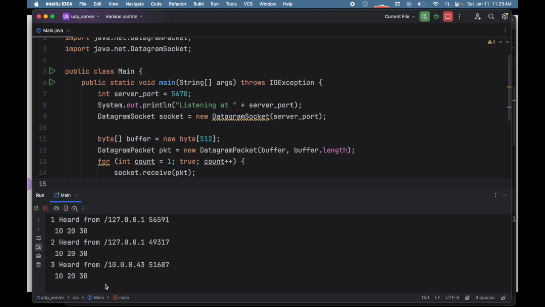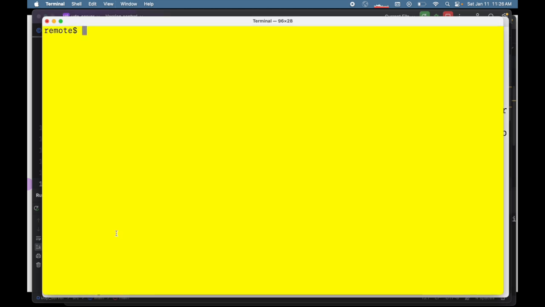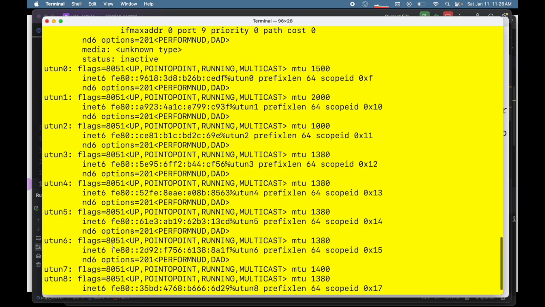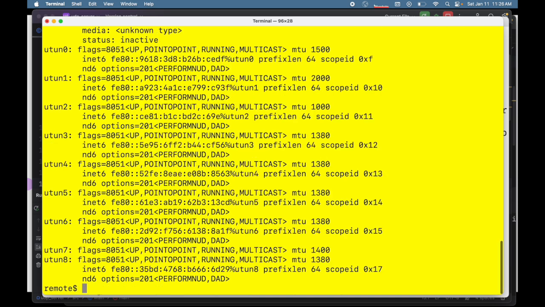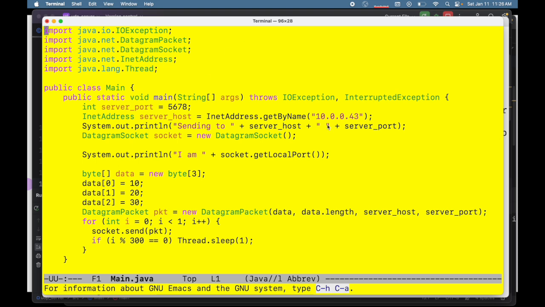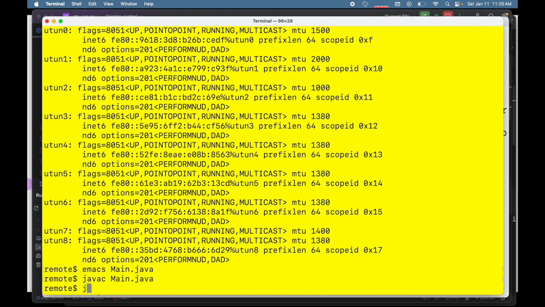The thing about this interface is I could use it to connect from remote machines. So on the same network that has my laptop here, I have locally connected to a remote machine. If I use ifconfig, then I can see that its interface, en0, has the address 10.0.0.136 instead of 43. On this machine, I have also prepared our same Java client as before, using that address 10.0.0.43. So if I compile this program on the remote machine and run it on the remote machine,